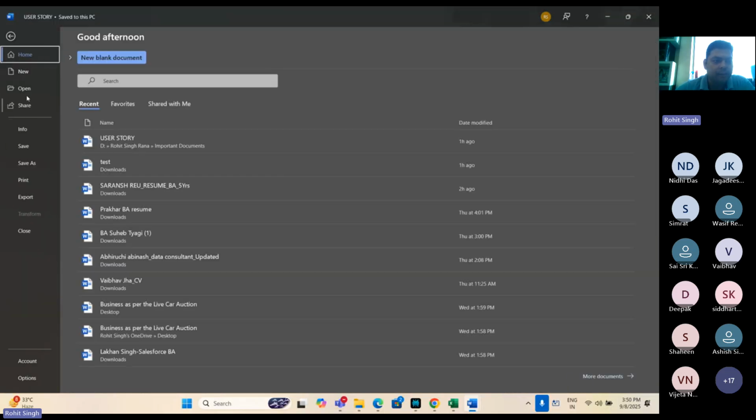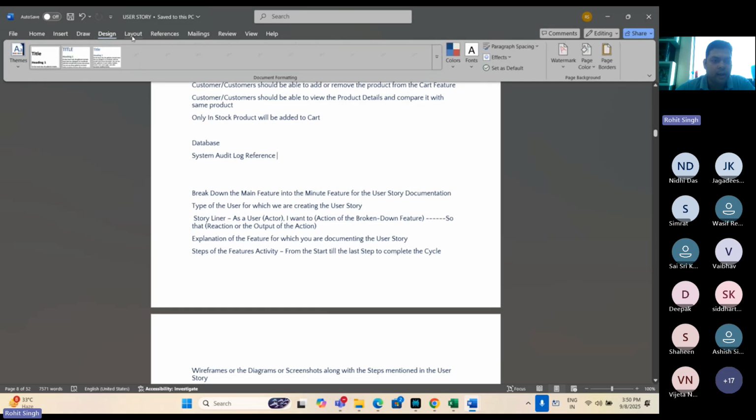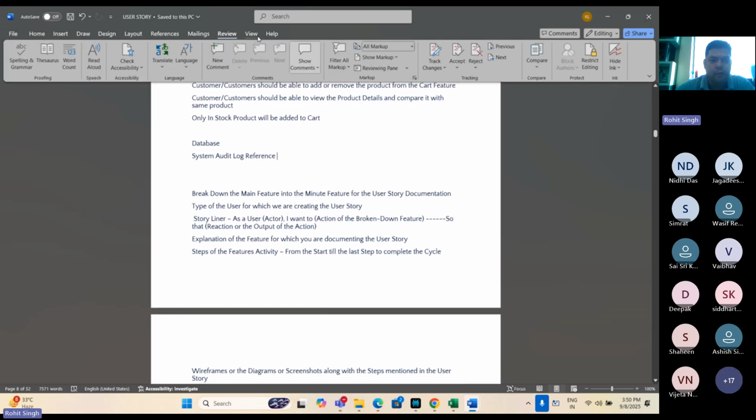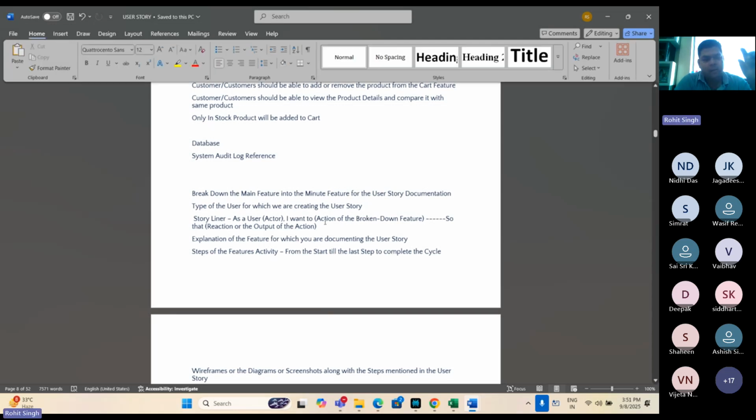In MS Word, I have file, home, insert, draw, design, layout, references, mailings, review, view, help. As I have told you, there is a product, then there are multiple modules, epics or milestones, then there are multiple sprints, then there are multiple tickets or user stories or Jira cards, and there are multiple subtasks. And that subtask is a unit feature.